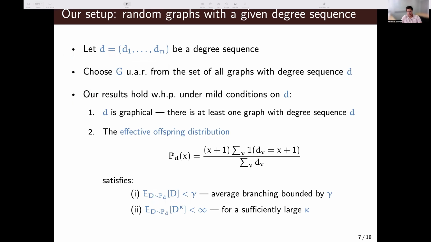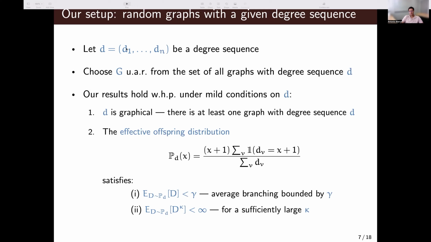Let's first formalize the random graph class that we consider. So in this standard model of random graph, we have a degree sequence where we require each vertex to have degree given by the sequence. Vertex i has degree d_i, and so on. And then we would like to sample a graph uniformly at random from the set of all graphs that have exactly this degree sequence. Okay, and our results will hold with high probability for graphs that are sampled from this